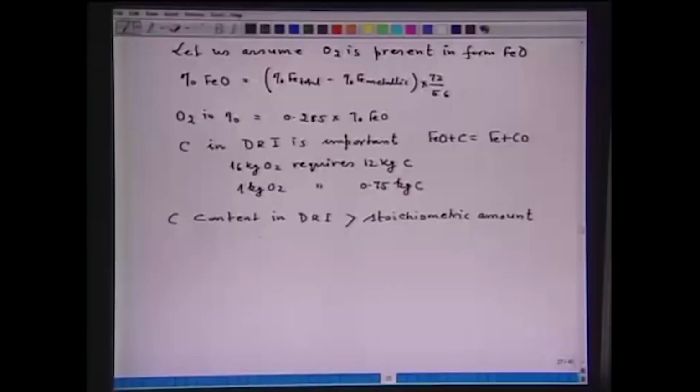So, there are two advantages. One, this is a slightly exothermic reaction, it will produce heat, and second, the carbon monoxide bubbles which are formed will also help in foaming of the slag. So, when carbon content in DRI is greater than the stoichiometric amount, an extra amount of oxygen needs to be supplied,